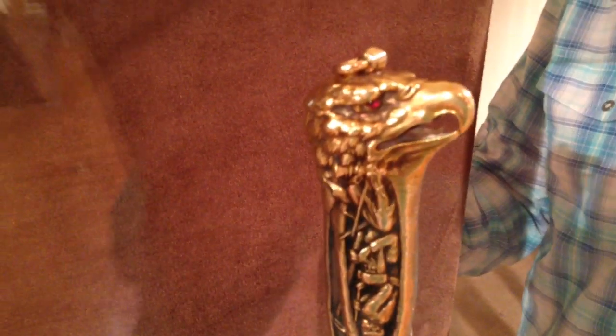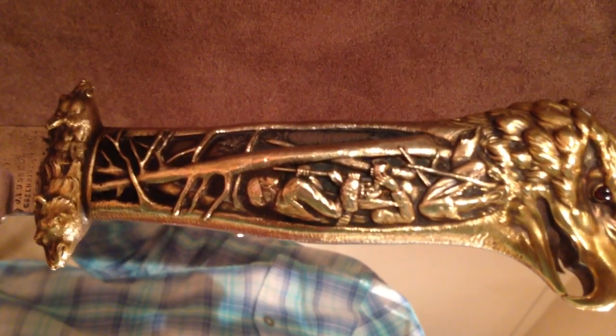All right, the knife we have here is actually Teddy Roosevelt's Bowie knife. I kind of think of it as the pimp knife of its time. It has gold, it has silver, it has rubies, or I think that's a ruby, I don't know, I'm not a jeweler, but it's a very fancy knife, and I just wanted to show that to you. Bowie knives, people tend to think of Bowie knives